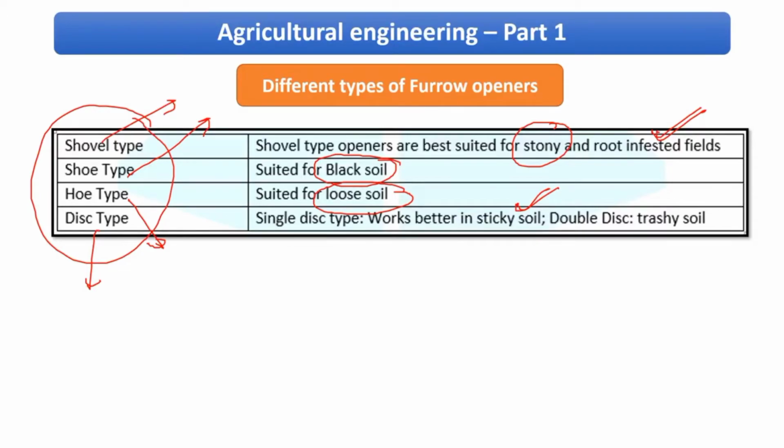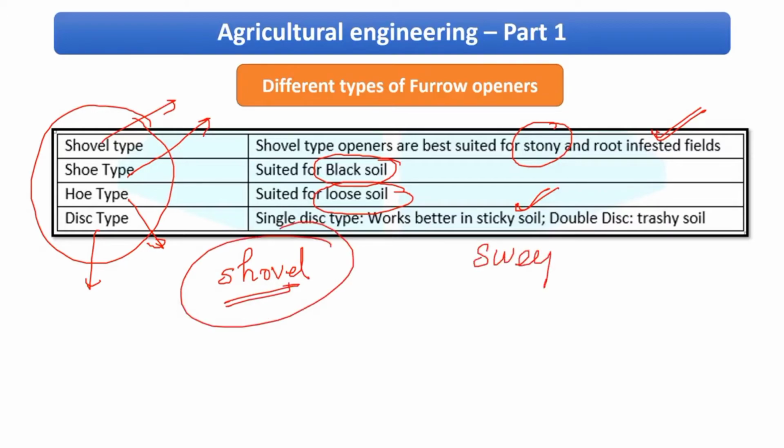So you can see, based upon the prevailing conditions, different types of furrow openers are attached to the seed drills. Now just one important thing: there are two terms that you would hear often, one is shovel and one is sweep. Shovel is going to be a little bit U-shaped, and sweeps are going to be maybe V-shaped equipment. Let us hold these two thoughts in mind, and we will clarify this as well in the further sections. So till now you need to keep in mind the seed metering mechanism and what shovel and sweep are.